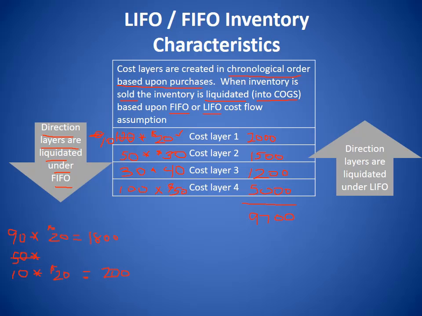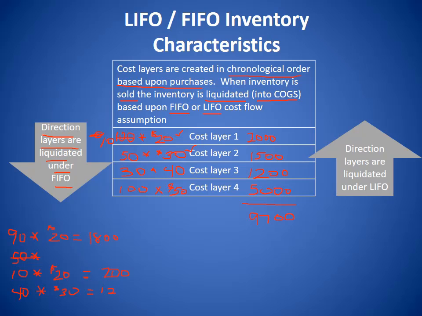So that's part of my transaction, but I still have 40 more units to account for because I sold 50 units. So now I need to liquidate the next 40 units from cost layer number 2. In this case, I'm going to liquidate 40 units at $30 a unit, and that is going to equal